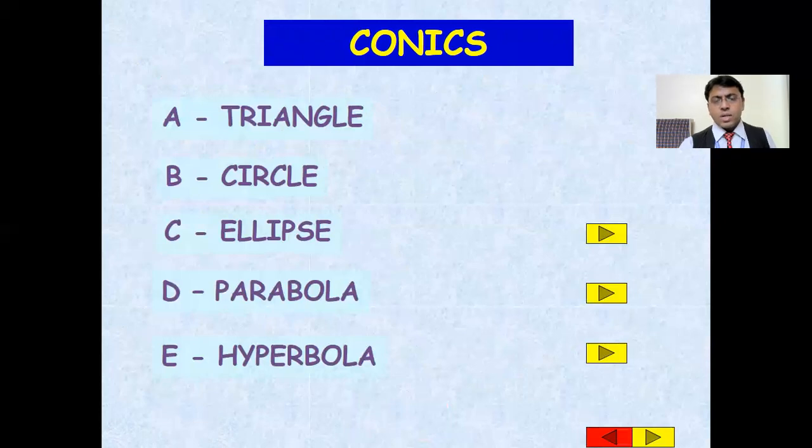So here conics can be cut by different cutting planes from different positions with respect to their axis, generator, or base. So we get a triangle, circle, ellipse, parabola, and hyperbola particularly. And all these things help in manufacturing to meet the functional, aesthetic, and ergonomic requirements of products. It fulfills all these three requirements.